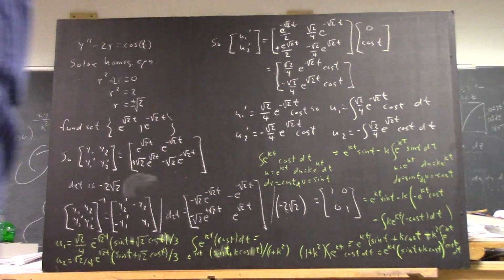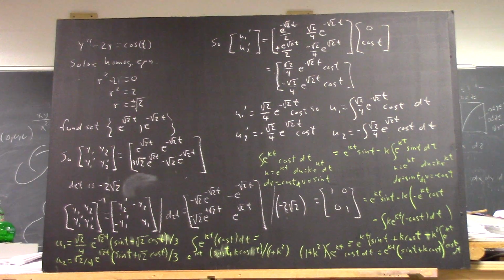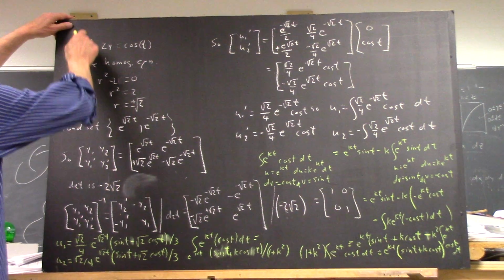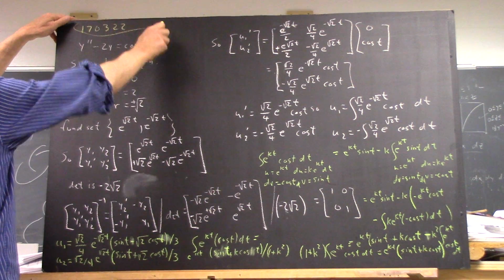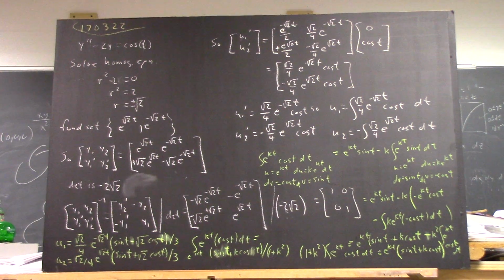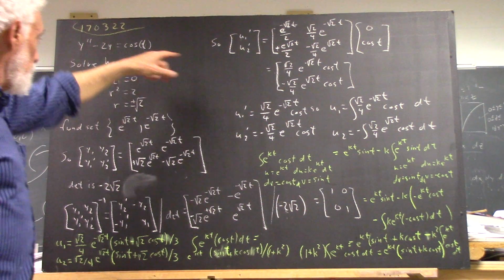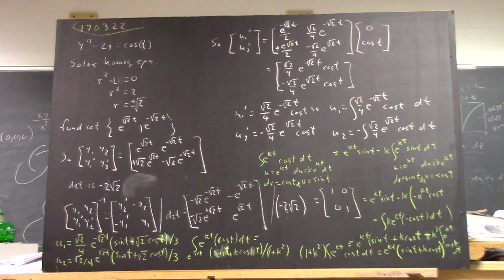Now we proceed to a fairly simple equation. And let's put a date on here. We proceed to a fairly simple equation, y double prime minus 2y equals cosine t. And we solve the homogeneous equation. Okay, we're going to apply the variation of parameters method